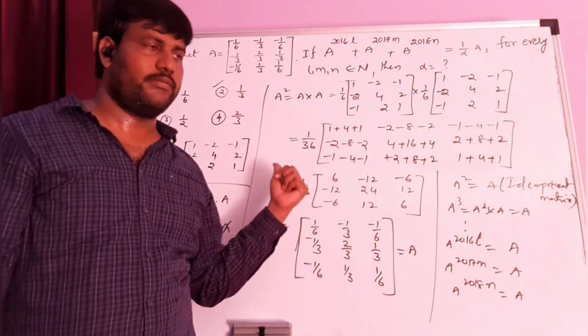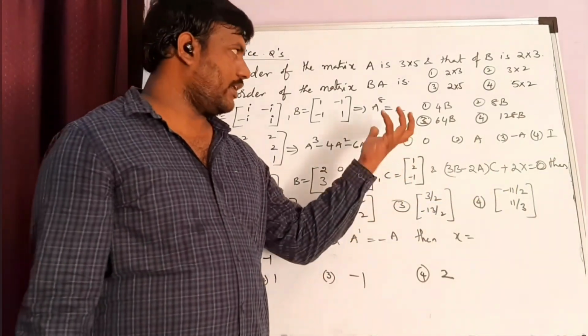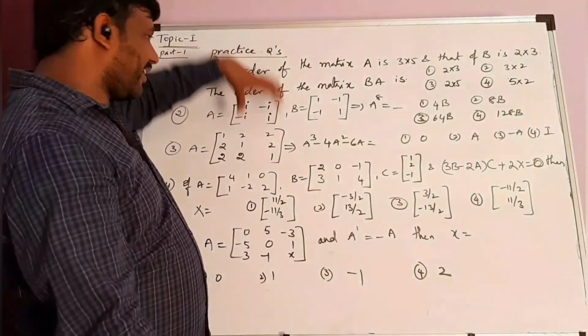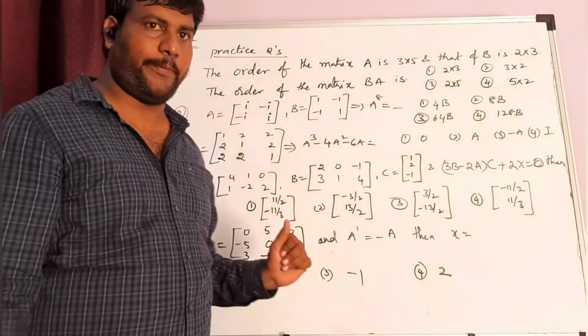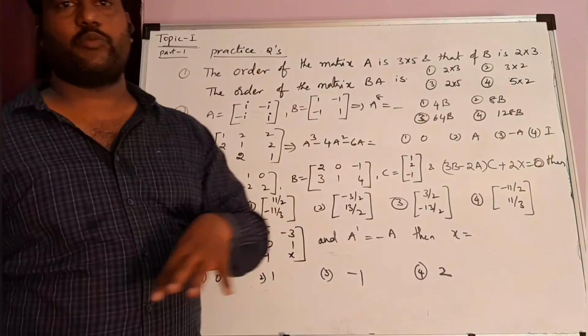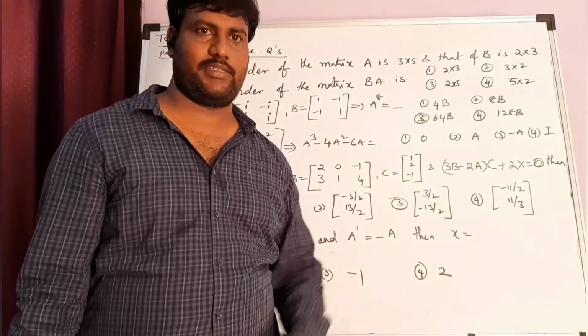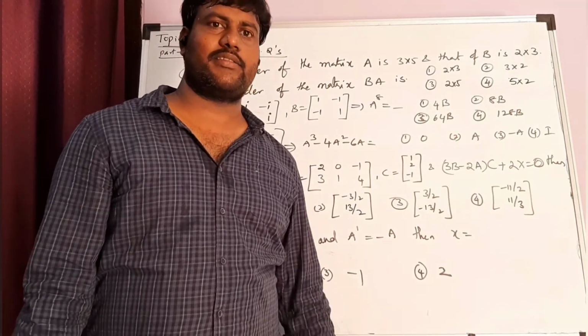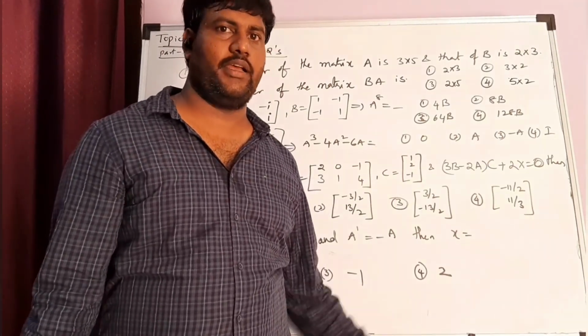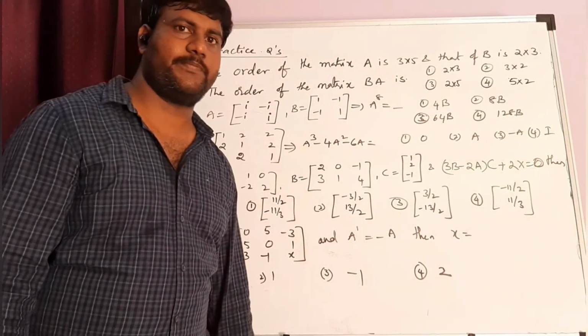Okay, students, note down. Next, I have given some questions to you. Just practice them. I have given 5 questions only. Next, part 2 will be tomorrow. Part 2 is nothing but the concept about determinants and consistency, inconsistency, and how to find the solutions. So now just do these questions. Okay. Note it down.